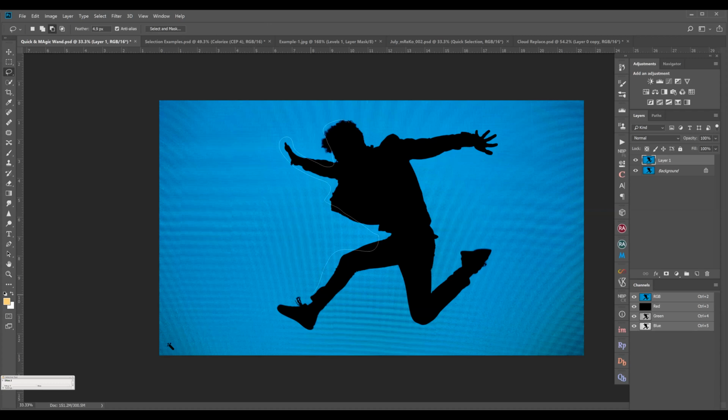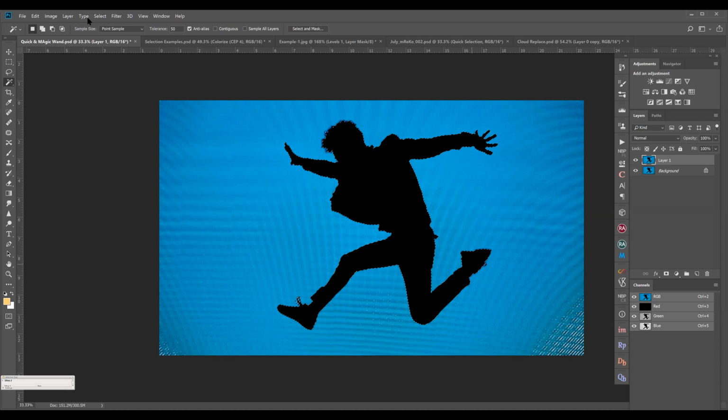Now, since there are some blacks in the background, those things also got selected. So I need to delete it. So I can delete it very easily. I can just go to the lasso tool and then click deletion, and then I will just draw around it like this, and then it is deleted.